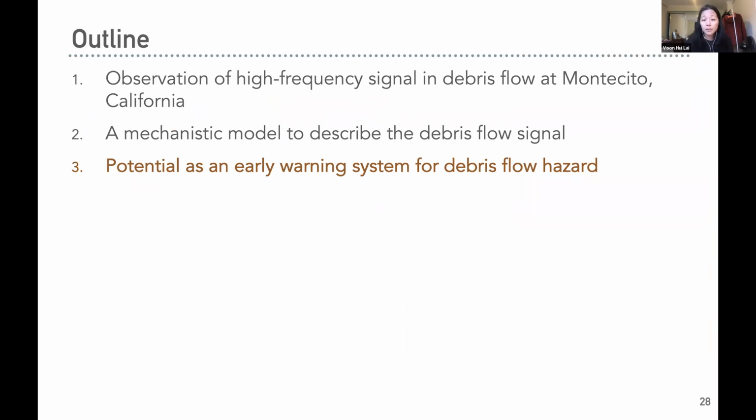So we show how this debris flow signal can be explained physically, which takes into account important parameters, including boulder sizes and flow speed. And now we can ask if we can measure this debris flow. Can we use it to give a warning for debris flows that are damaging, with large boulders flowing at high speed?